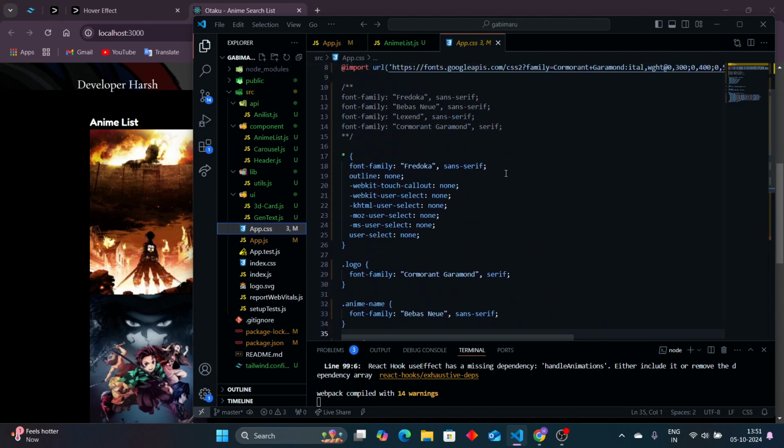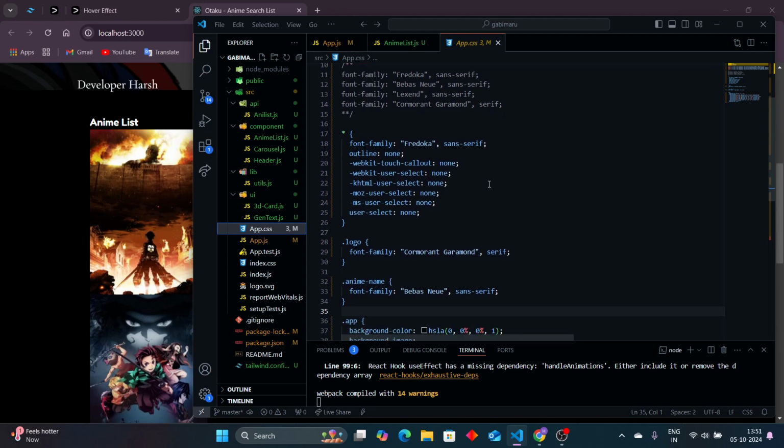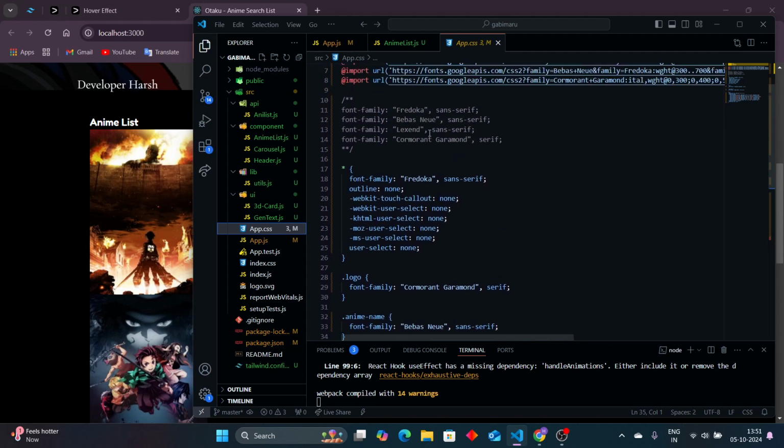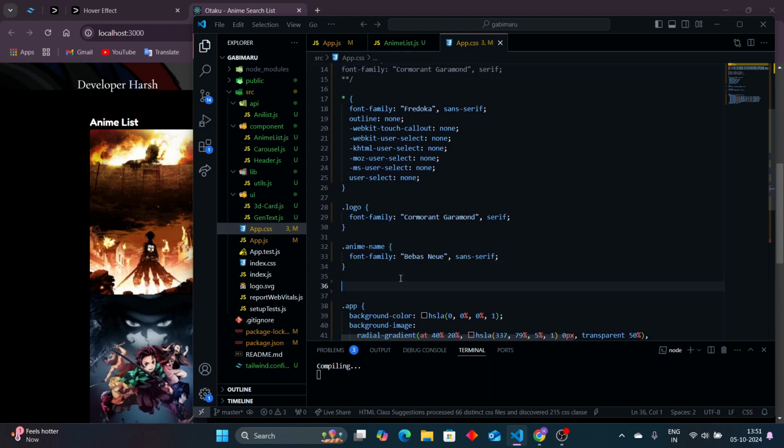In here, I have four font families. So let's use this one. Copy this, and I'll name it as